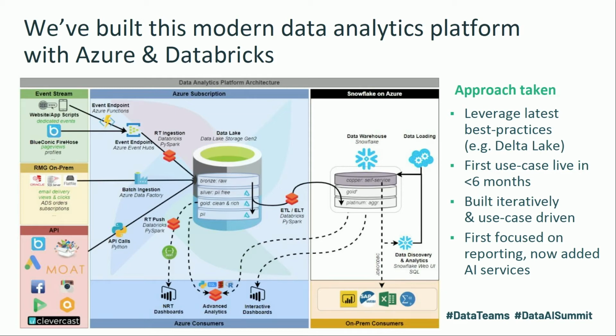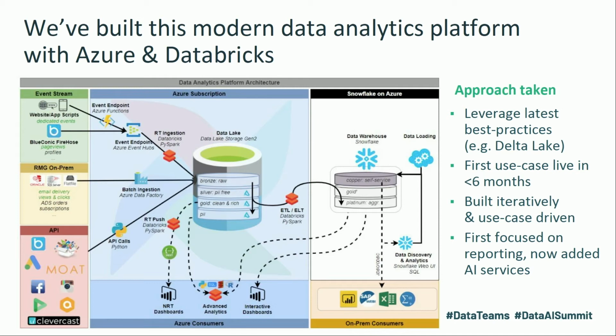When we go through the platform, we can see that on the left side, we have 3 types of data. We have an event stream, which is basically website and app scripts, which generate dedicated events using an Azure Function API endpoint, and where specifically, for example, some very specific events, such as a click on a button or something very specific on the website, can be shared and pushed to an Azure Event Hub. Next to the specific scripts, there is the BlueConic firehose, BlueConic acting as a CDP, a customer data platform, which next to tracking the data for its own purposes, shares in real time all of the data through an Azure